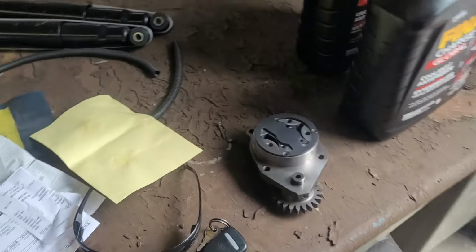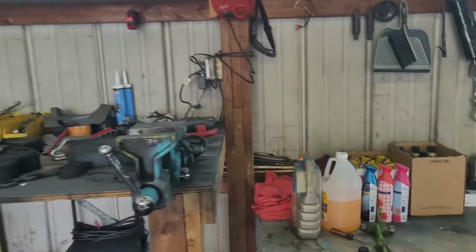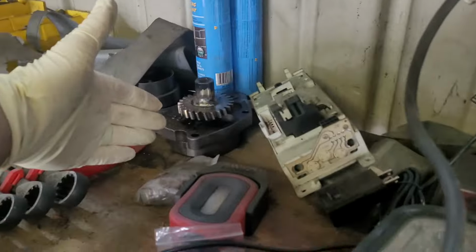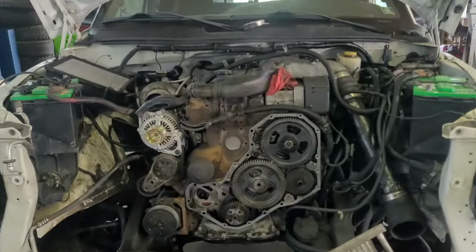All right, well, we messed up. So this one is straight cut gears. I didn't even take the time to realize that there was apparently a difference between these things. And this one is helical cut. So after all of that running around,